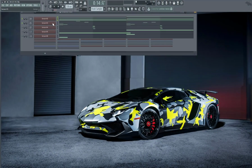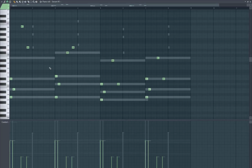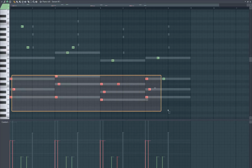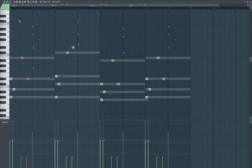So once I had that section down, I wanted to continue layering. So I found another pluck called the Dusty Sprites from Stardust in Serum. And then I basically just copied the chords down, but I moved this little second note out just to change up the timing slightly. And then I basically just play this little top end melody, except for this little section